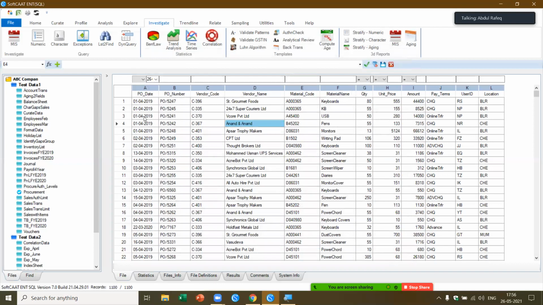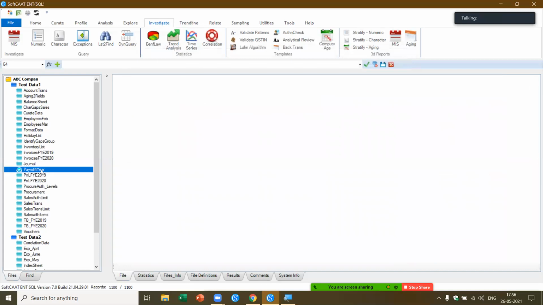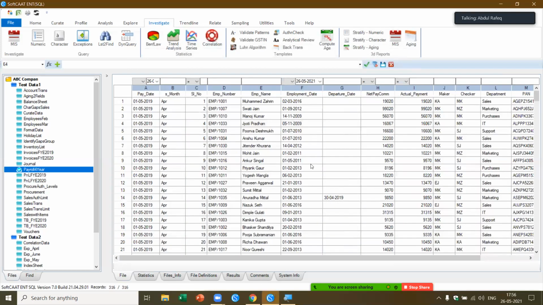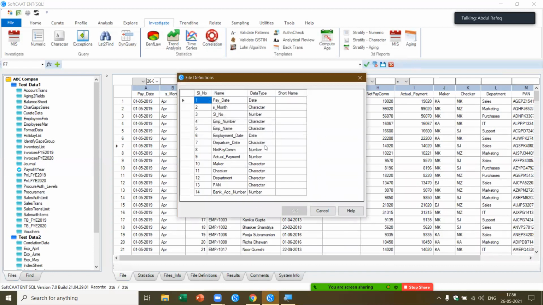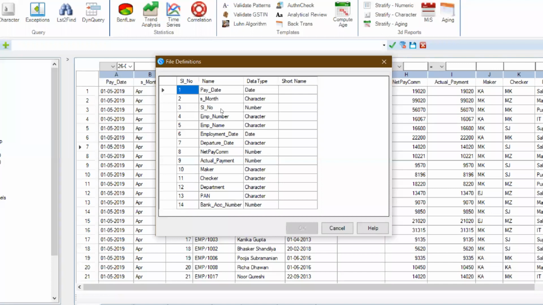Now, if you see here, I just picked up each of the fields, and for each of the fields I did the analysis. What I'd like to do here is one more analysis based on, let's say, the payroll file. Maybe I'll take another 5 minutes. Now this is the payroll file. First thing I do is I get an idea of the data. This is where I do the profiling. I got the pay date, the month, serial number, employment number, like that. I got various dates.